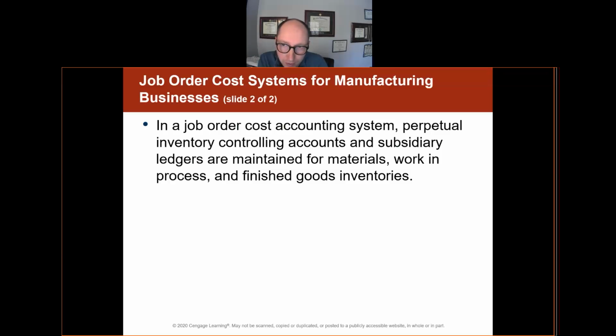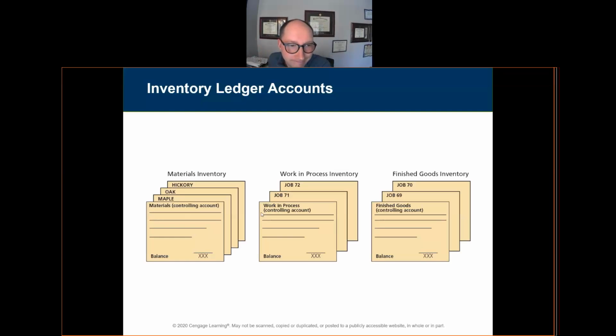Perpetual. Continuous, yes? So to track our jobs and to track our costs on each job, we use these things